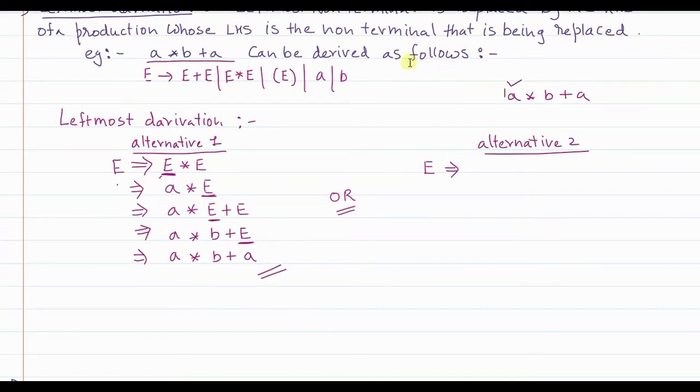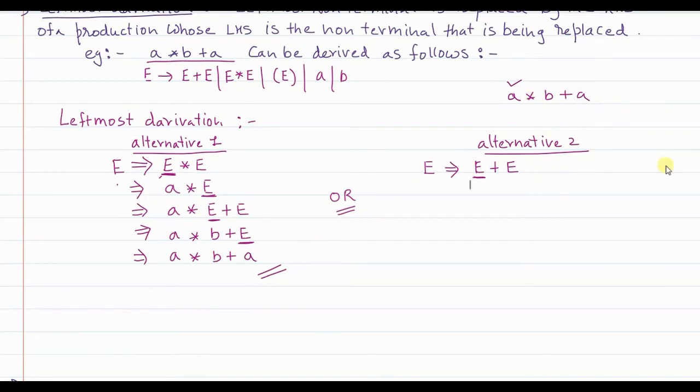So earlier I replaced E with E into A. Now I will replace E with E plus E. Okay. So I replace E with E plus E. Now which is the leftmost element? This is the leftmost element. But you observe that this E plus E is the term which is analogous to this term, B plus A. But before plus, there is also a multiplication sign that should come. So that's why I will now replace this E with E into E, so that this multiplication term is now also included.